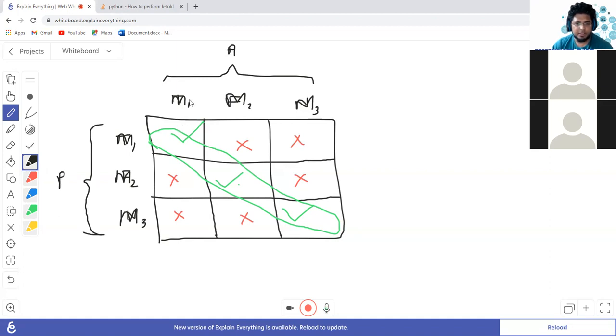So that means actually movie one was good, and the model predicted movie one was good. Actually movie two was good, and the model predicted movie two was good. Actually movie three was good, and the model predicted movie three was good. Here, actually movie two was bad, but our model predicted it to be good. So here is a disconnect. In the same way, all the other places have a disconnect.